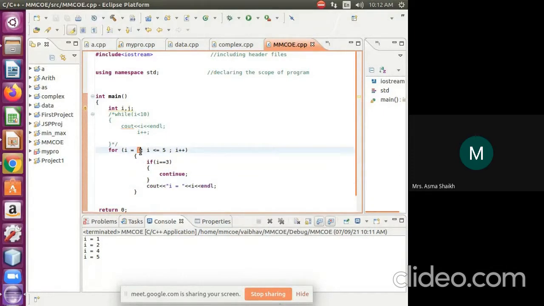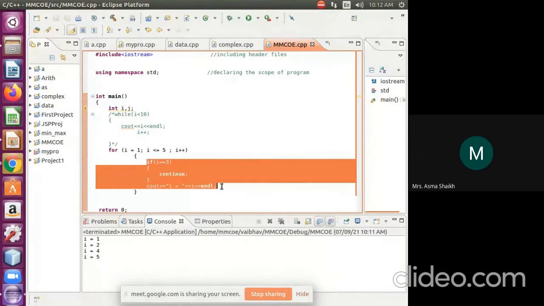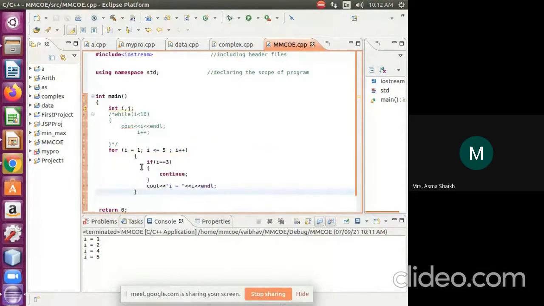But when i is equal to 3, it matches the condition i equal to 3. Then we are using continue here. When I write continue, students, it means that I am not executing the remaining part for this iteration. I am going out. I have incremented my i value. Now i equal to 4, which does not match, so we are printing 4. Again 5, we are printing 5. So we are getting 1, 2, 4 and 5.